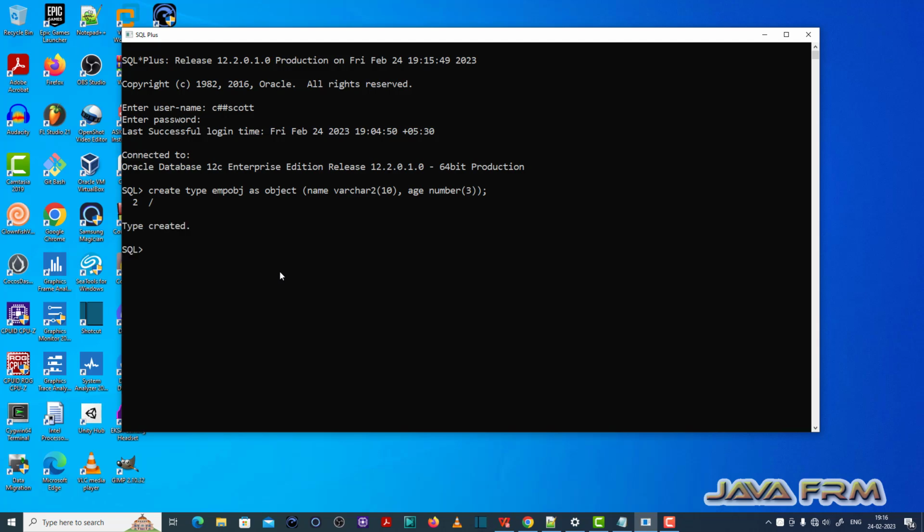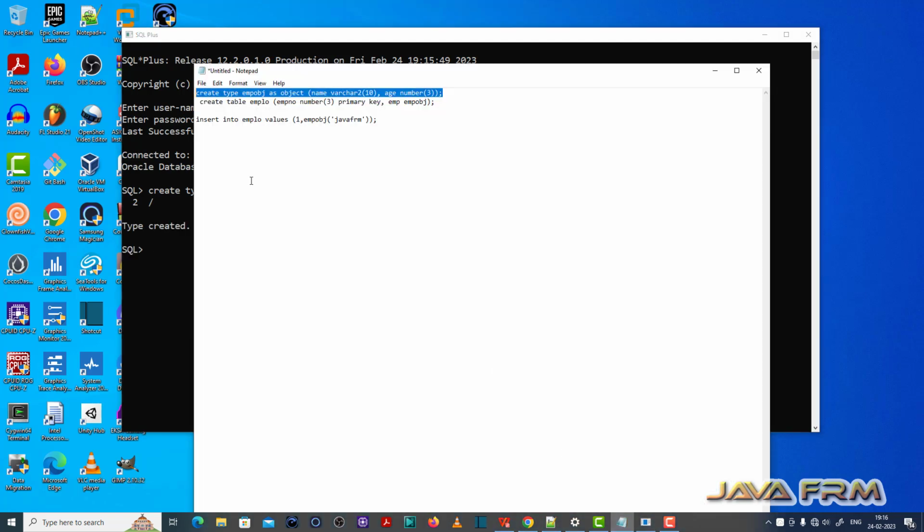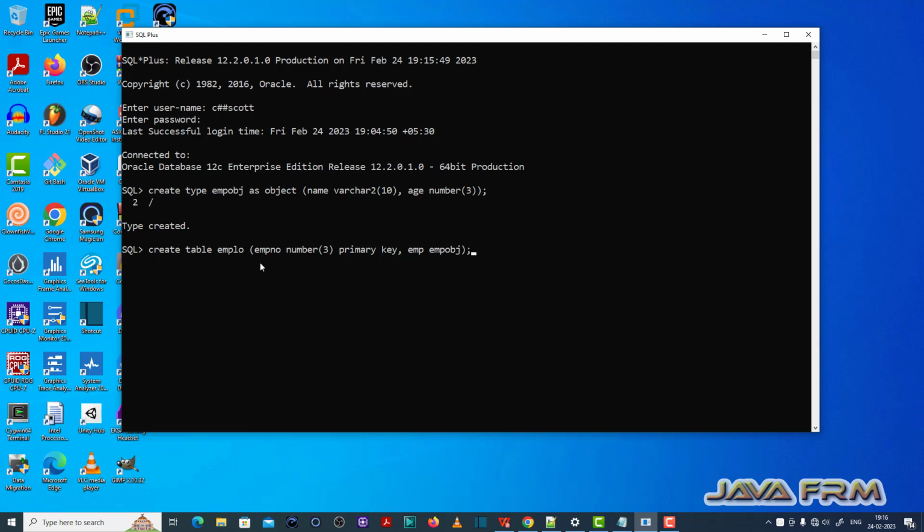So here you can see that I am creating one type called EMPOBJ. EMPOBJ contains two fields, name and age. Next I am creating one table called emplo. The emplo table is referring to the type